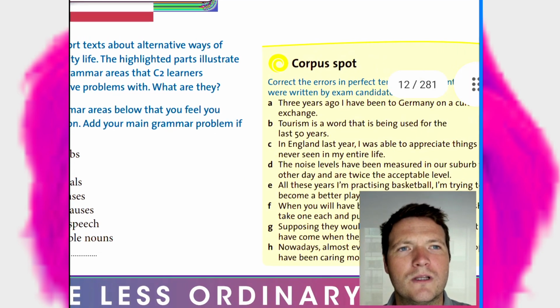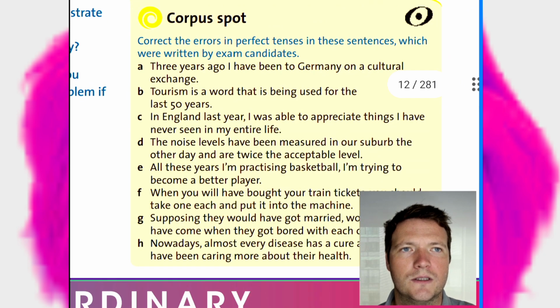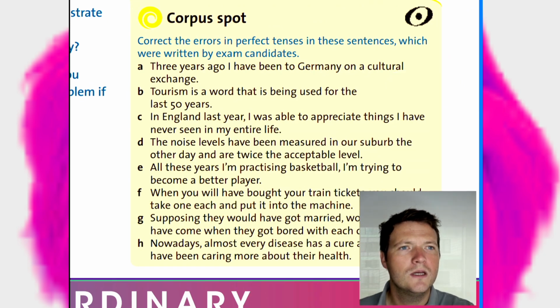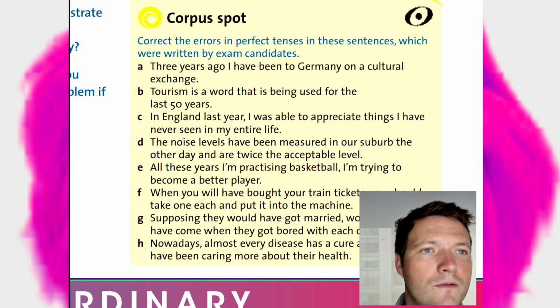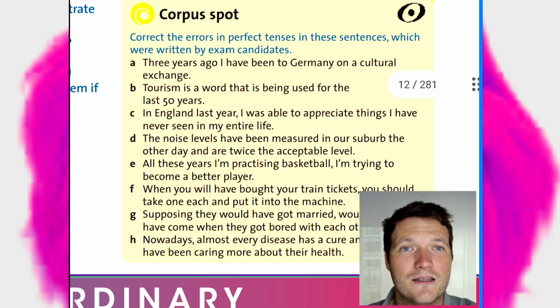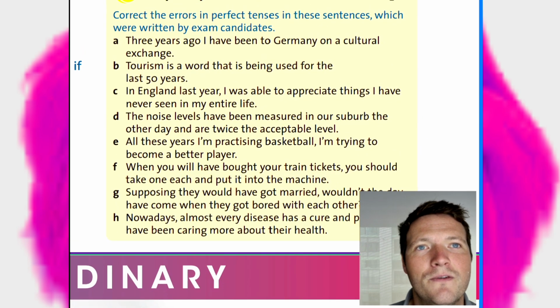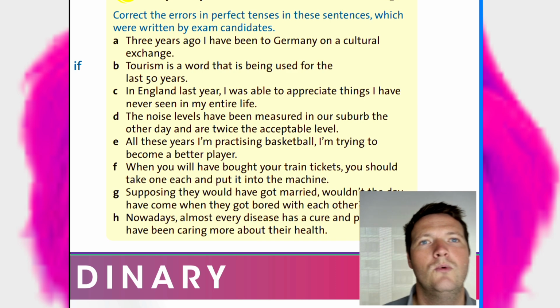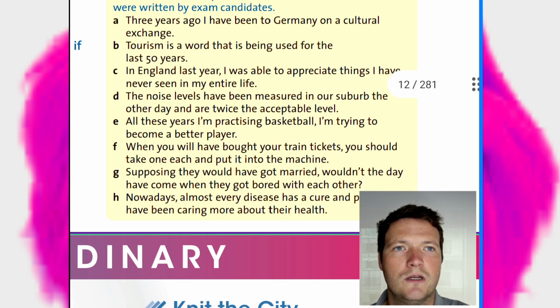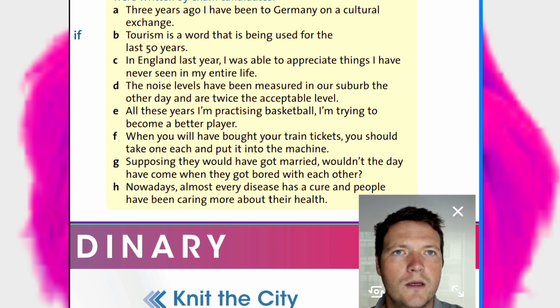Well, I tell you what, we're gonna have a look at some sentences, right? I think that's going to be more interesting. And I want to see if in the comments you have any questions here about these sentences that are all wrong. They've all got mistakes. It says, correct the errors in perfect tenses in these sentences which were written by exam candidates, right? So we're going to look at them. I'm going to see why they are all wrong. Okay, so